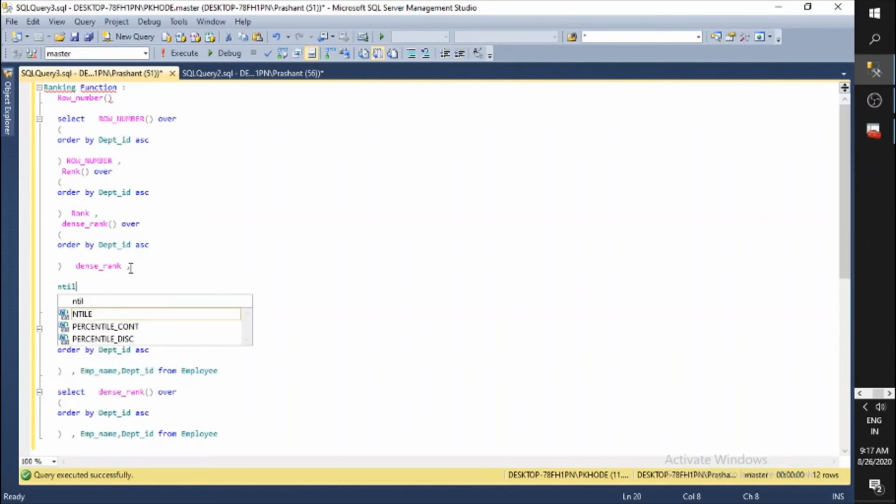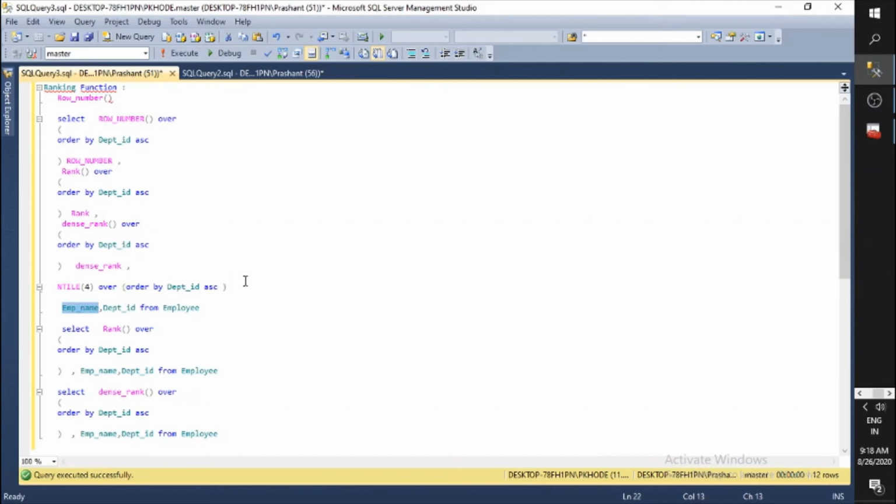There is a function called ntile. Ntile 4 over order by priority. Now let's see, will it work or not.